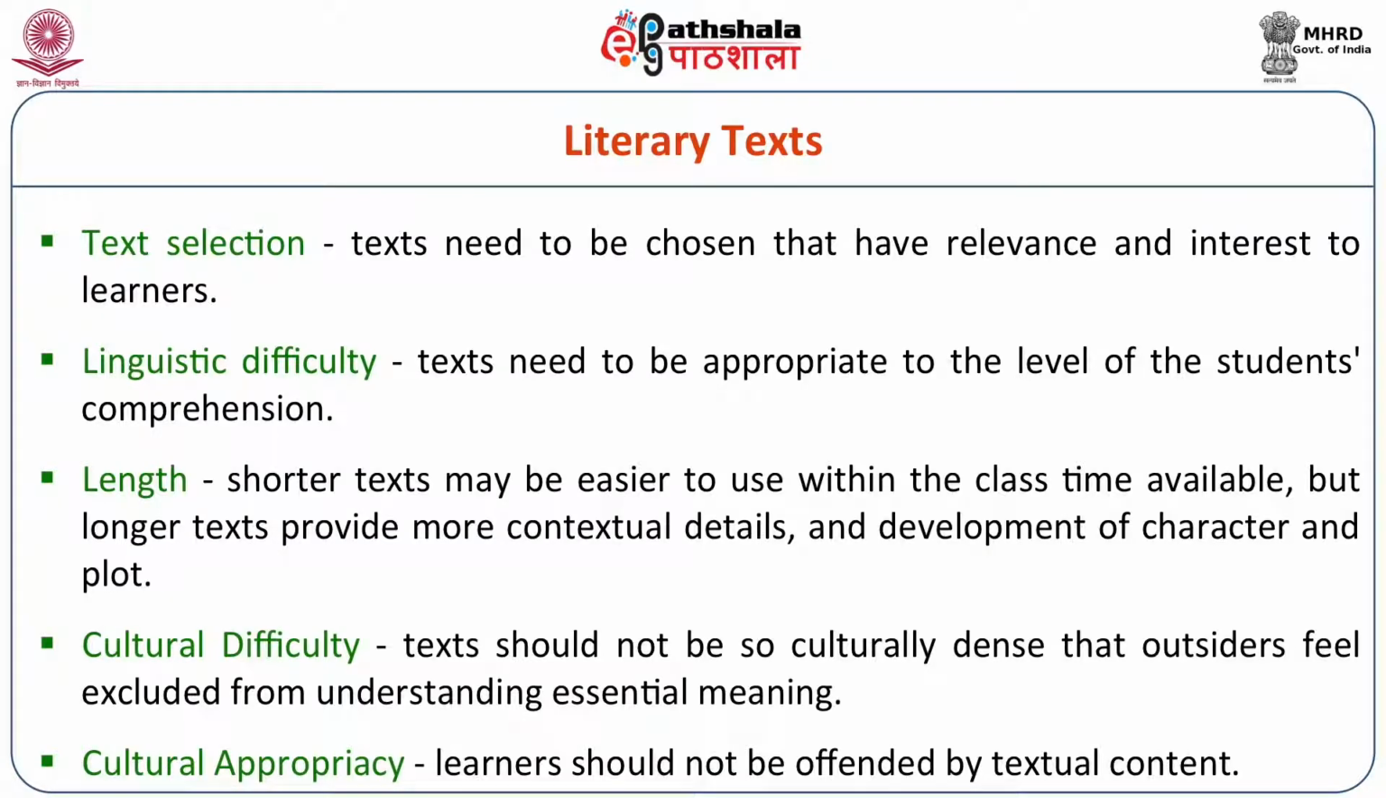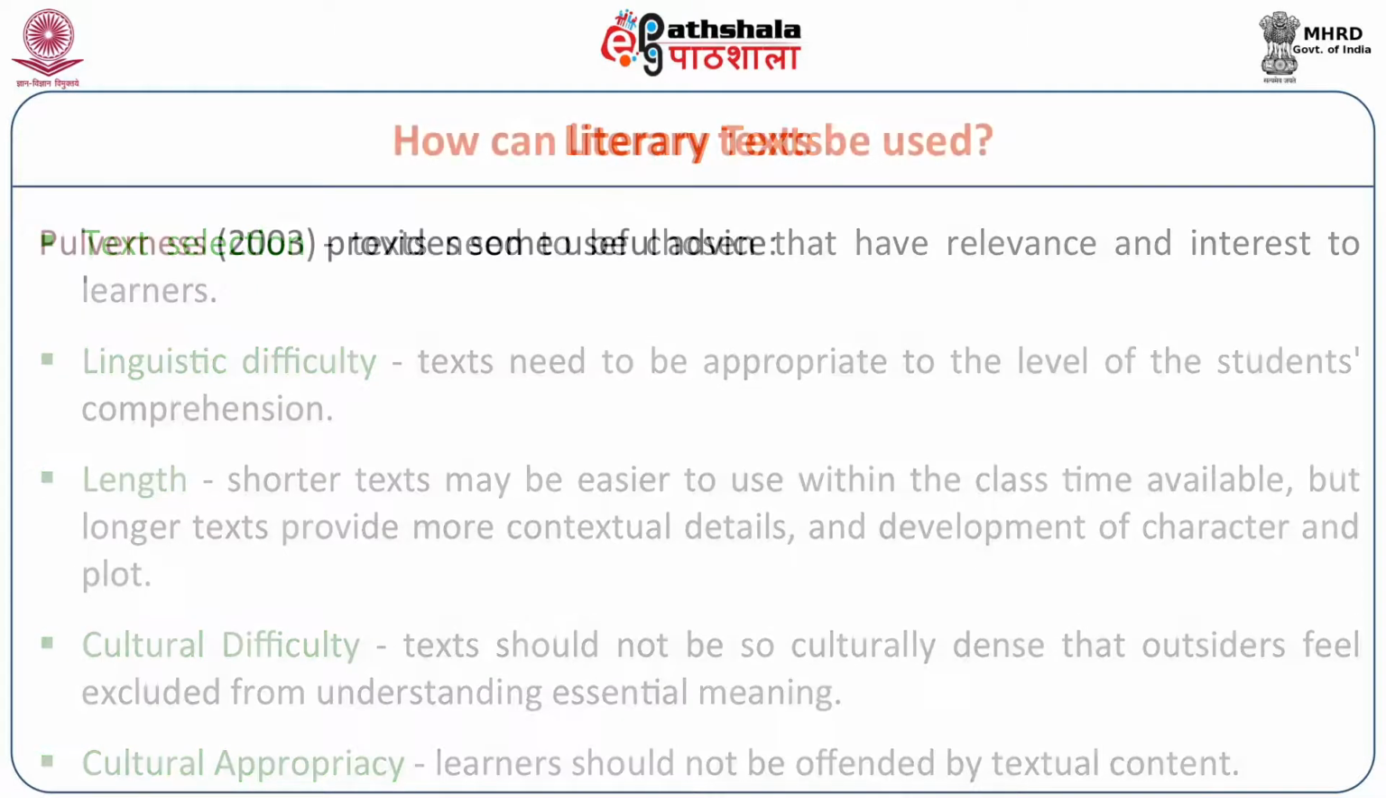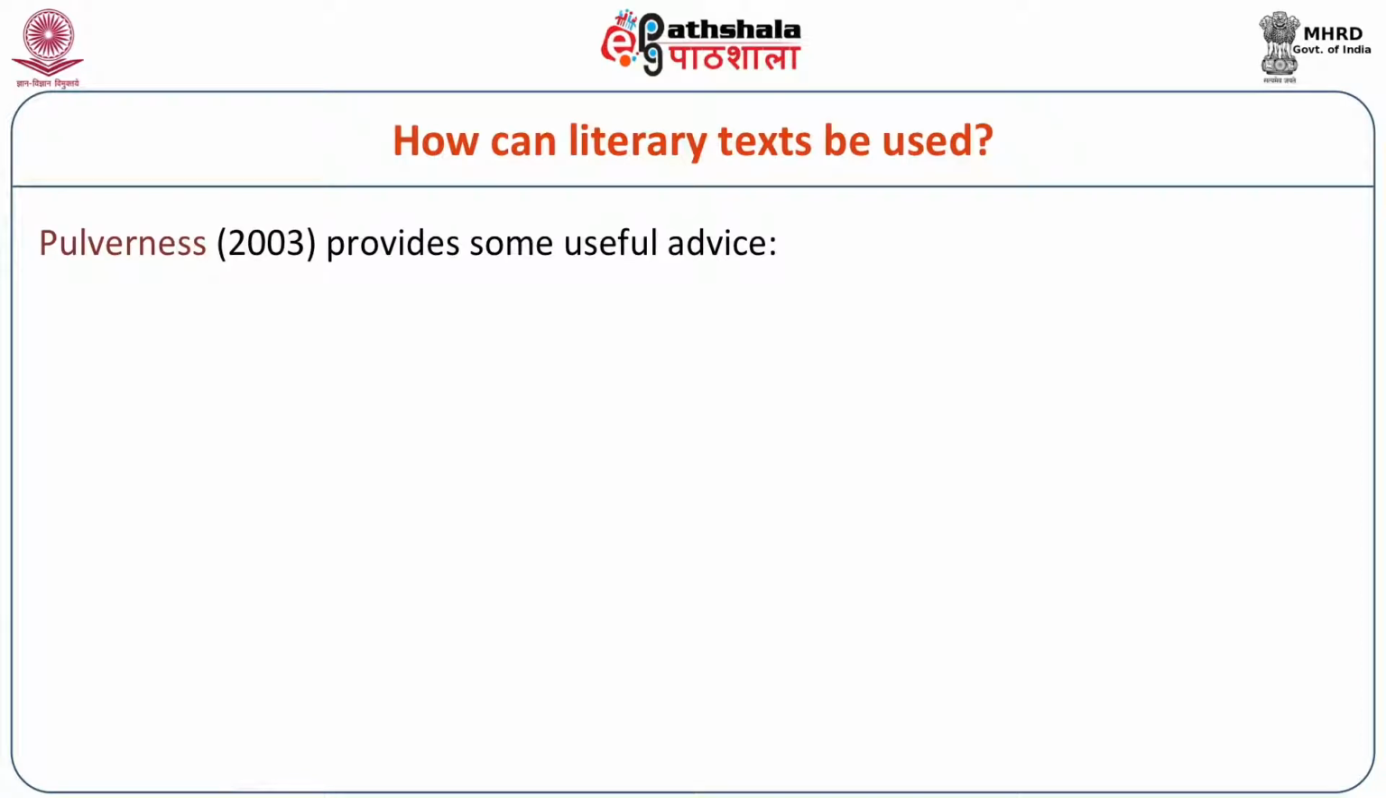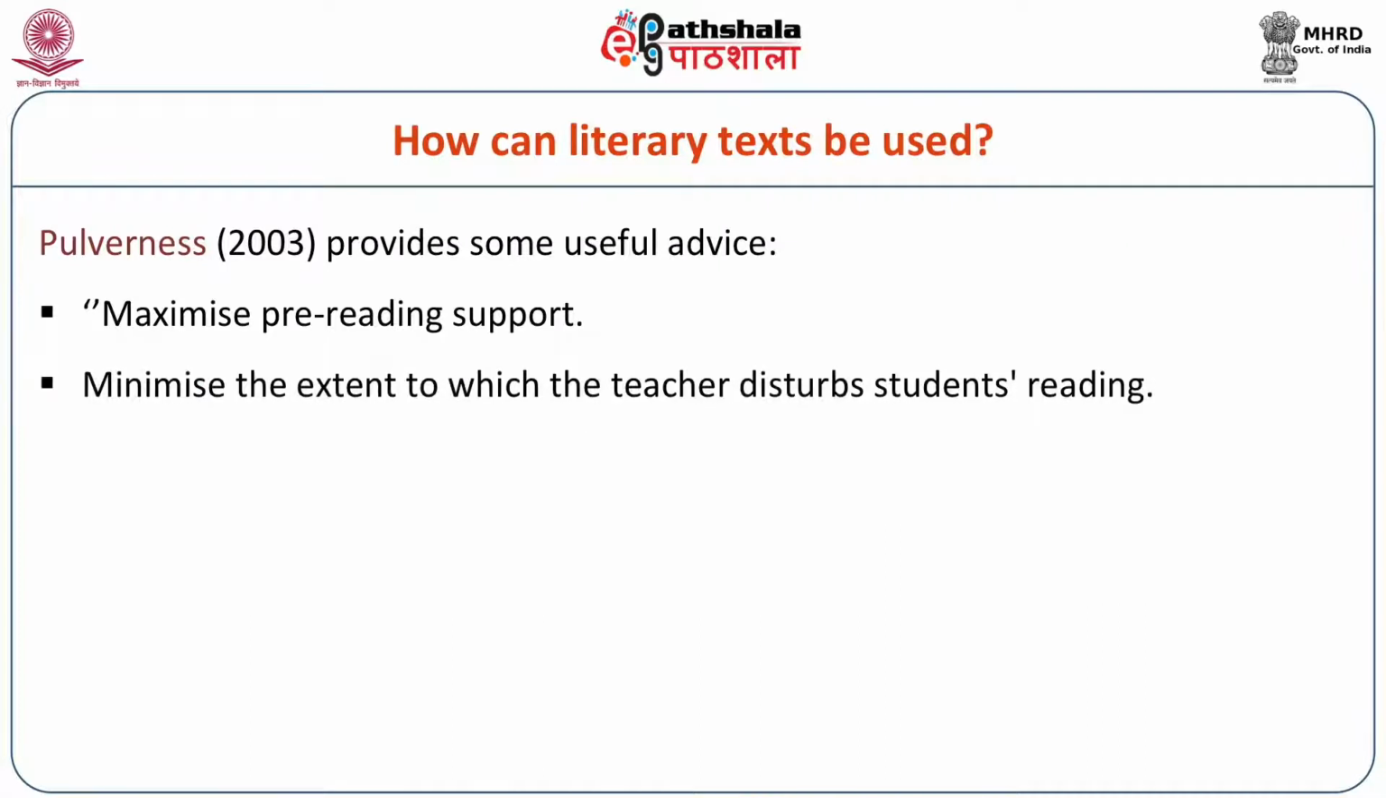Now, literary text can present a number of difficulties. So, certain features are there to be taken care of while choosing a literary text. That is text selection, linguistic difficulty, length, cultural difficulty, and cultural appropriacy. Literary text can become useful by maximizing pre-reading, minimizing the extent to which the teacher disturbs the students' reading,